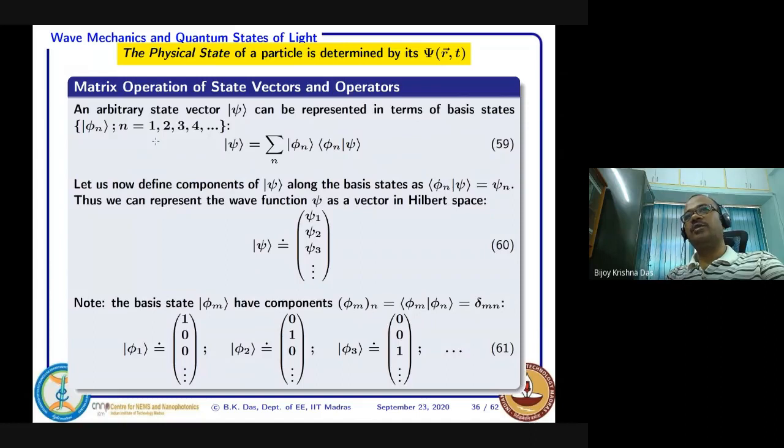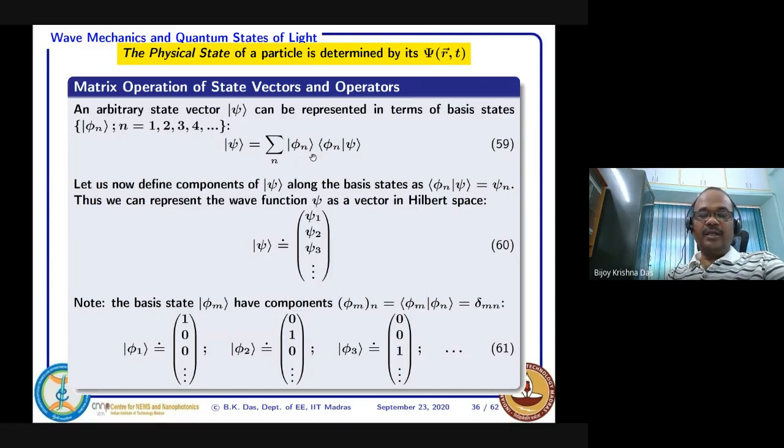As I mentioned earlier, you cannot really sketch this situation, but you can imagine that it is just an extension of a three-dimensional vector space, where you have x direction, y direction, z direction, and they are orthogonal. Similarly here, all the basis vectors are orthonormal to each other. Now, we are defining this psi in terms of equation 59, if you check. I think it is easy to understand, don't be confused.